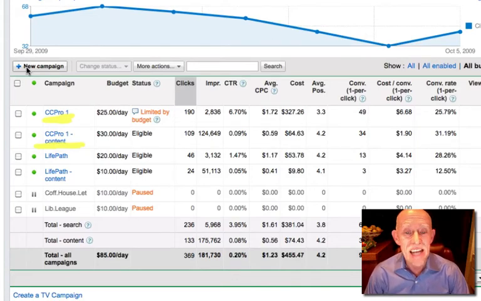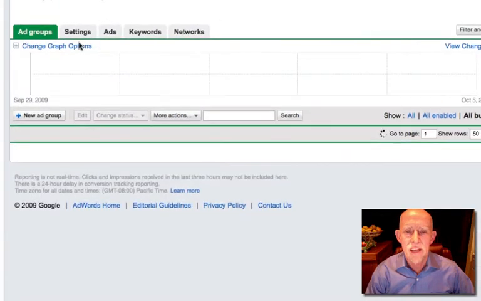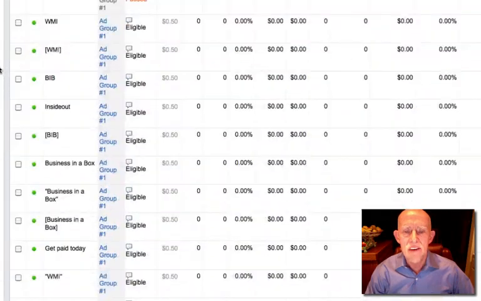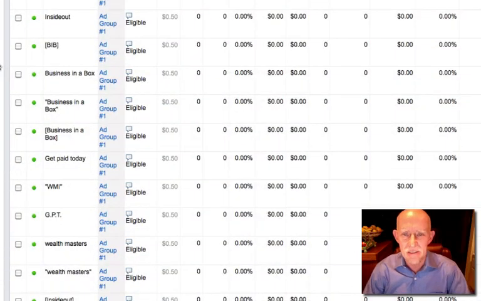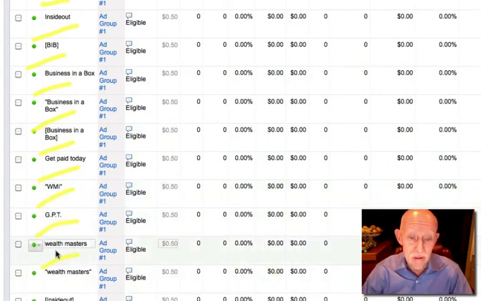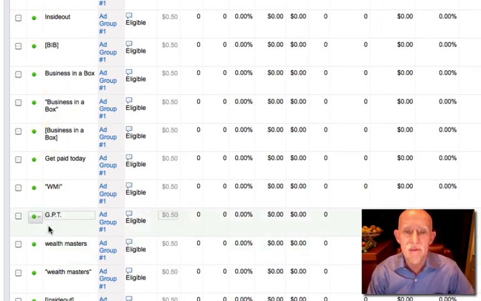So that is the content network. Just real quickly, I'll show you, if I go here to this content network campaign and I look at the keywords, you will note everything in dark print here is an active keyword, and you can see that I have several different kinds of keywords here, all related to Wealth Masters International and Carbon Copy Pro. I've got several of these keywords down there. The difference between that and my